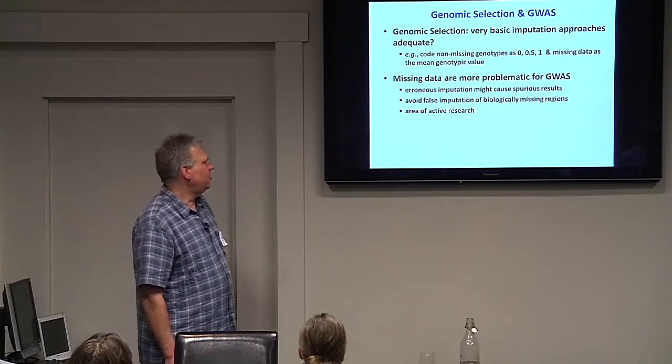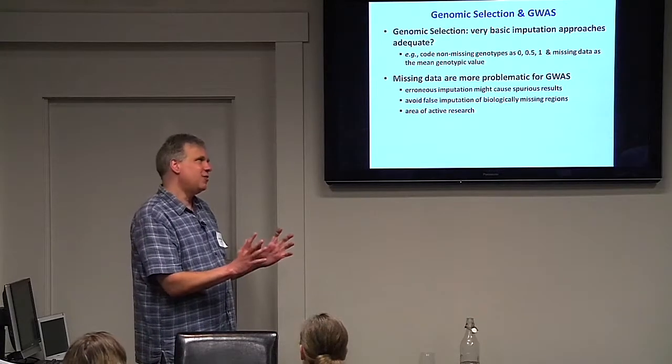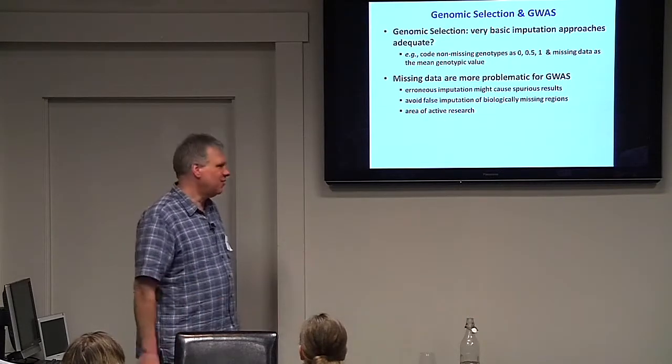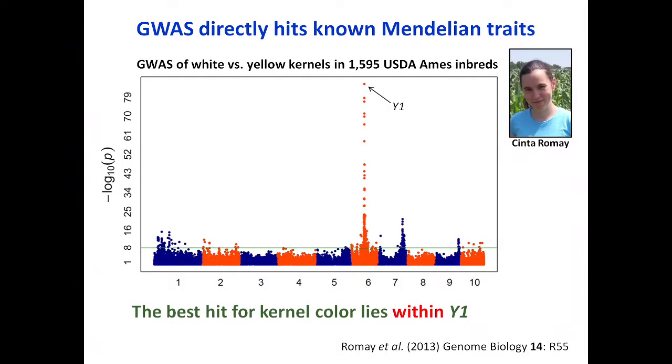We've been working on that pretty actively for the last couple of years, and I think we're happy. We've kind of decided we've gotten as far as we can, and I'll be talking more about that tomorrow, I think, our current approach to imputation. So you need to do something more than just this basic genomic selection approach of using the mean. Using not our most current imputation in inbreds, but our one from a year or so ago, Cinta has done GWAS in about 1,600